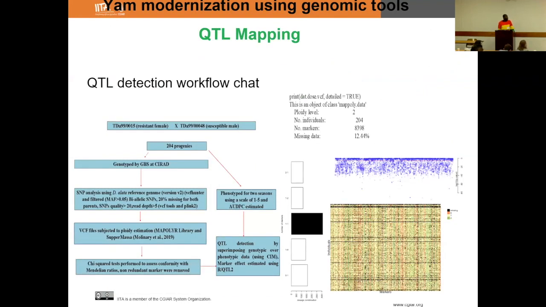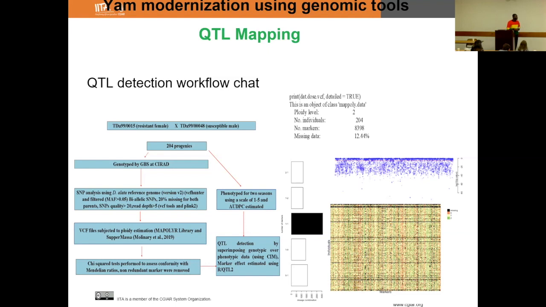Now, when we started the mapping population, it was not easy for us. The first genetic map we built, I remember how I disturbed Marcelo, was not good, with a lot of gaps between the different linkage groups and a lot of recombination from one linkage group to another. And then we made use of